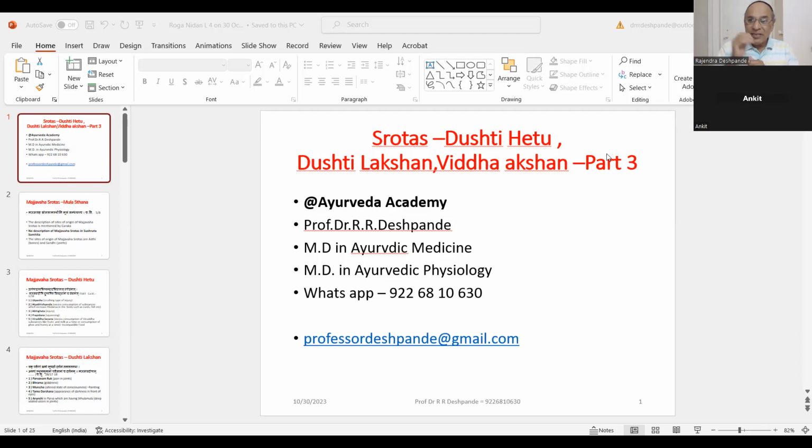You understand? But simultaneously, when you consider the cell and cell membrane, there are also holes. Those small holes are also called Srotasa. The lumen of the coronary artery is also Srotasa. And the total number of Srotasas in the body is innumerable. You cannot count how many Srotasas are in the body. So many, too many. But 13 Srotasas are very much important.